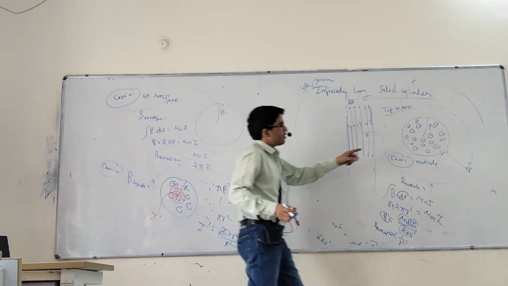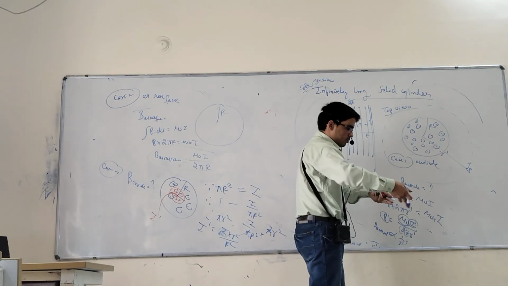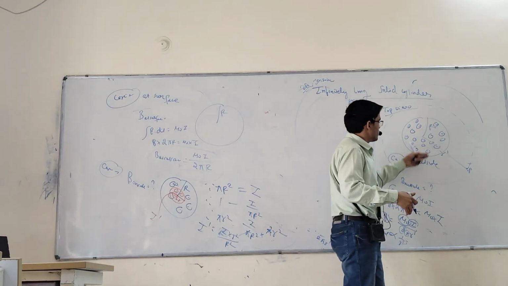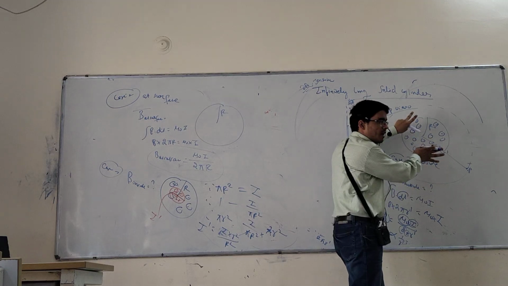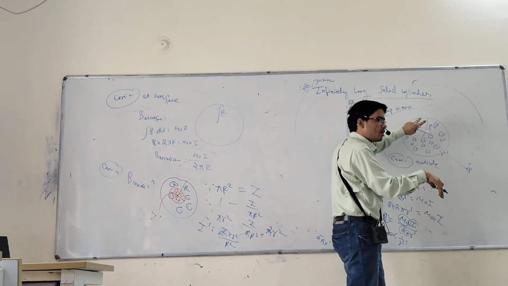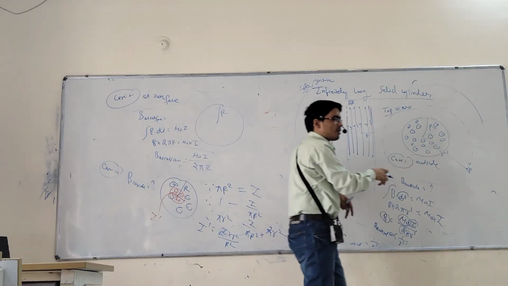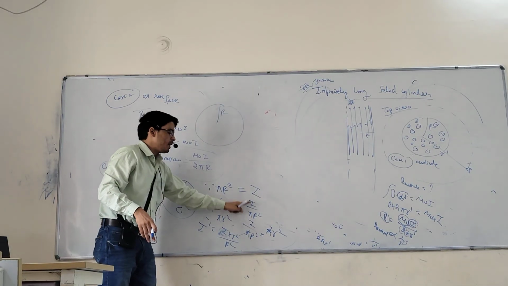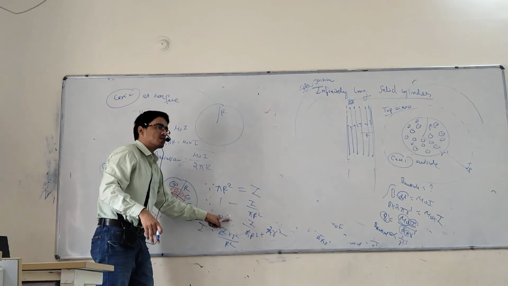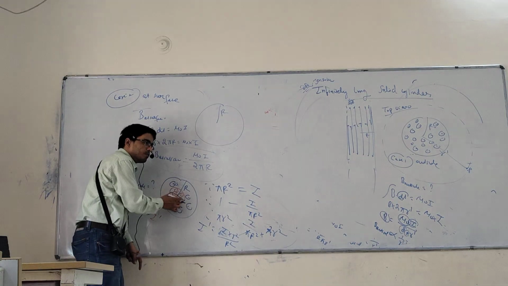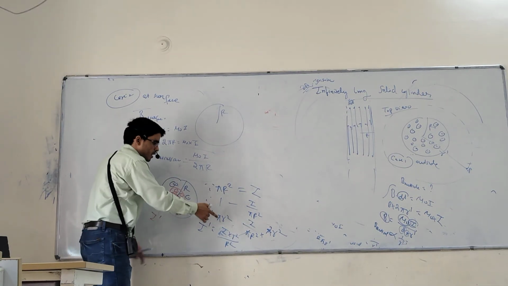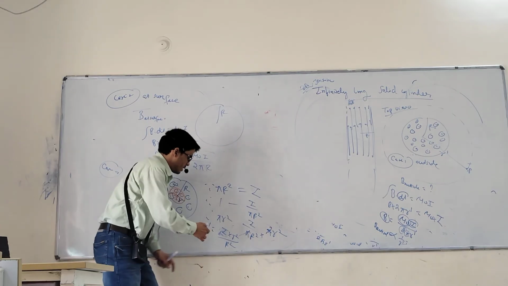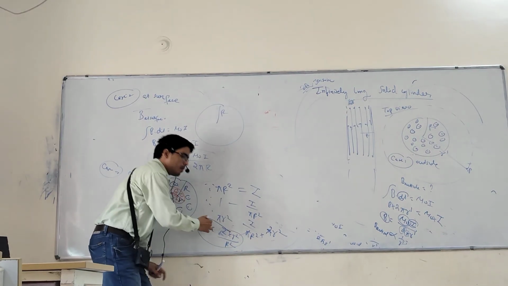Through this, the current I I told is across all that area, all area here. What is the current value? Capital I. So that current is moving across this area, pi R square. So for this pi R square, what is the current value? I. Through one it is I by pi R square. So through pi small r square, why? Because that is our Amperian loop. So what is the value? I upon pi capital R square into pi into small r square. Pi cancels out. So what is I dash? That is I into small r square upon capital R square.